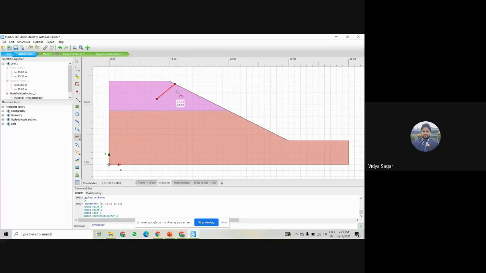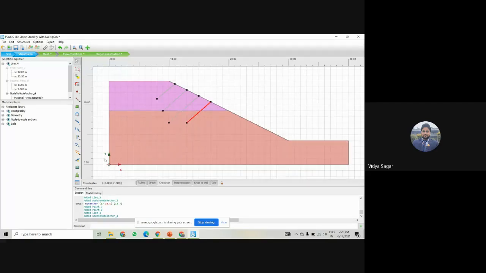Right click, then another from here to here. Next one from here, and the last one. Here we do not need a larger one, because it will go up to here only. So I want to create these nails inside up to here only.